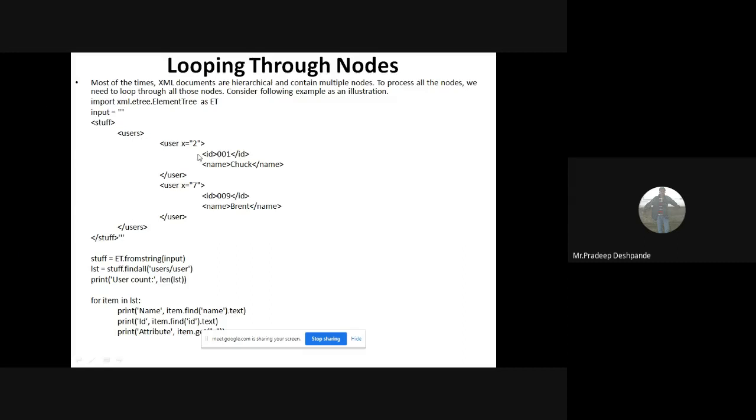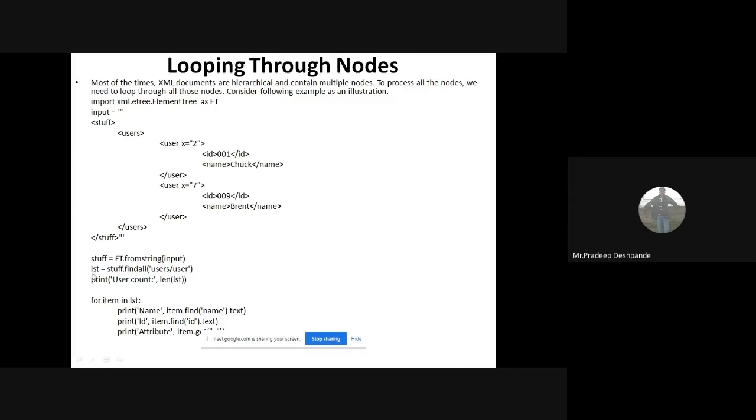For users, user is a child node. For user, ID and name are the child nodes. Like this, a tree structure will be created. Then we are providing this input data to the fromstring method, which will convert this XML into a tree structure, and the tree is stored in stuff.